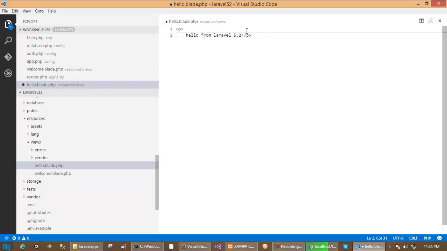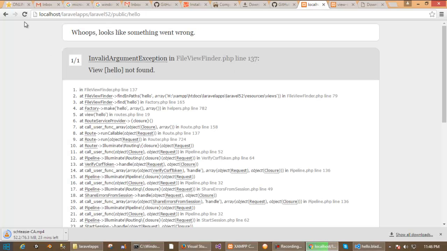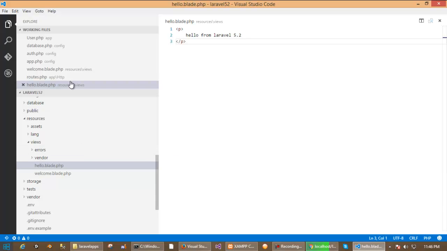and save it, then refresh it. You see that my custom code has been shown here, and the interesting thing is that our view is working and our route is also working. So the next thing I want to show you is